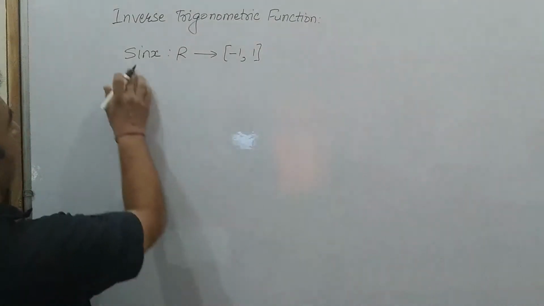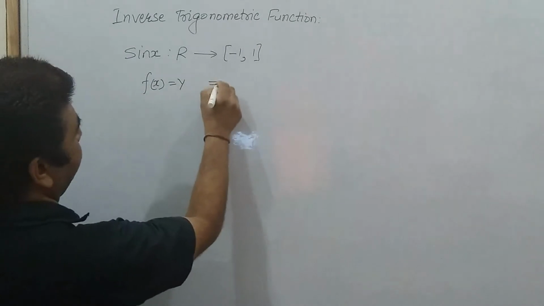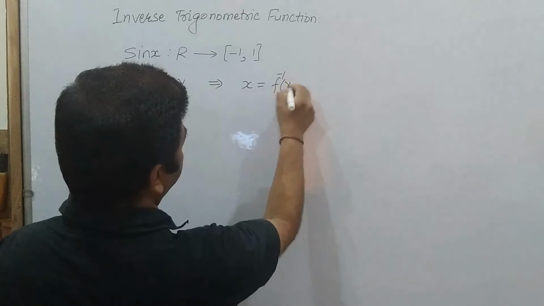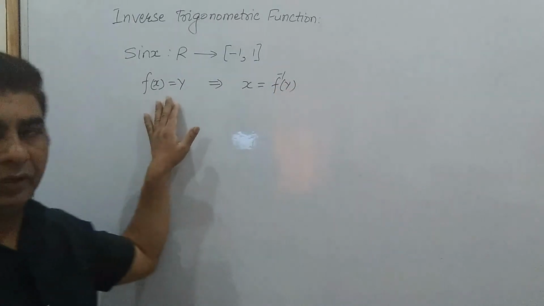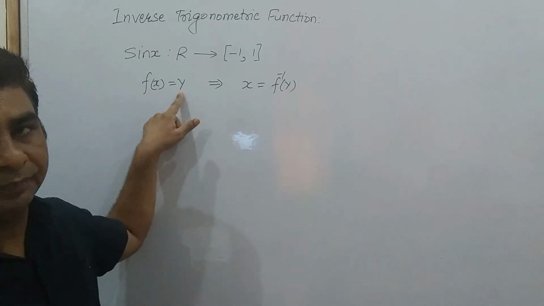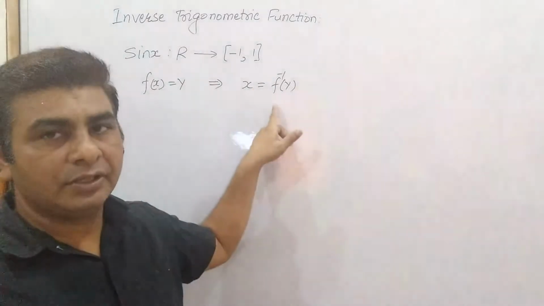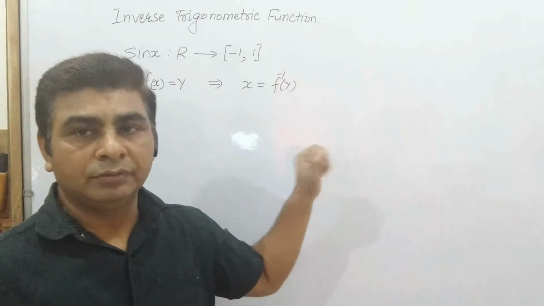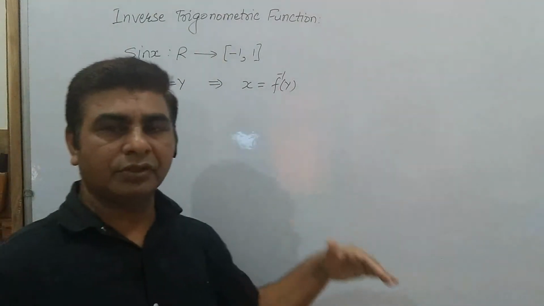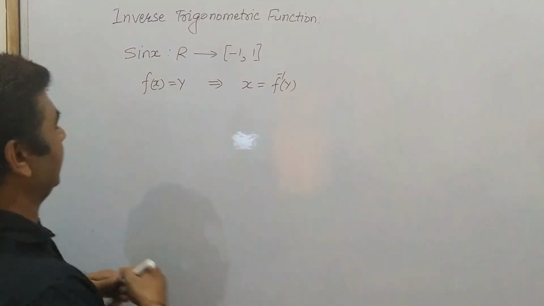And we also know that if f of x is equal to y is a function, then the inverse of this function can also be defined as x is equal to f inverse y. Now in case of the given function, x is the domain and y is known as the range of the function. But whenever an inverse function is defined, the domain will be converted into range and range will be converted into domain. In a similar way, in the case of trigonometric functions also, we have defined inverse trigonometric functions, which can be written like this.